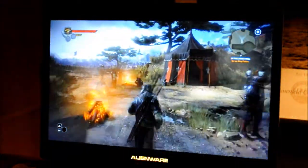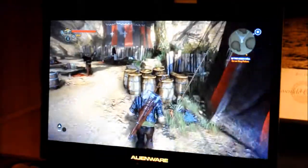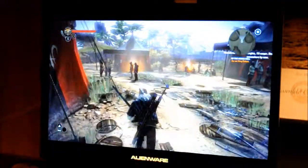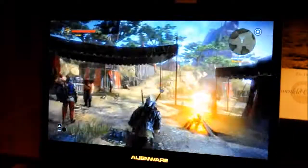Witcher 2 is probably one of my favorite games, one of my favorite RPGs. Lots of great interactive environments, lots of barrels to break apart and explode, lots of people to talk to. Gorgeous game, very taxing on system specs. You need something really powerful to run it, and I'm not getting blazing frame rates here just because this game never seems to want to cooperate with anyone's computer. Even my desktop has trouble running this thing at 60 frames a second, but again, like Battlefield, at times